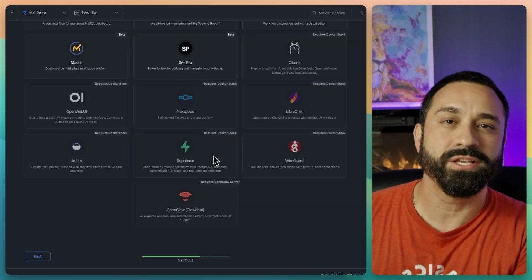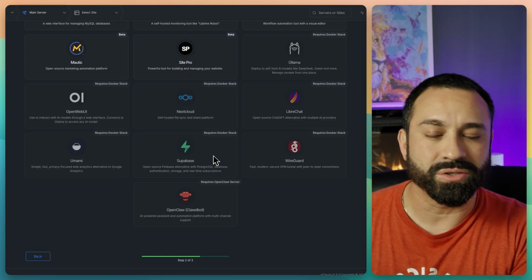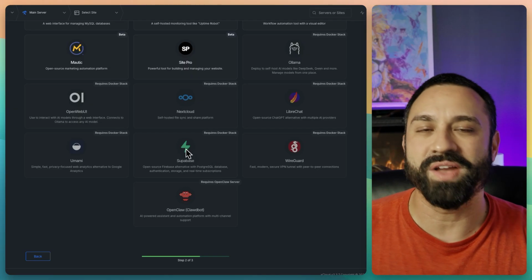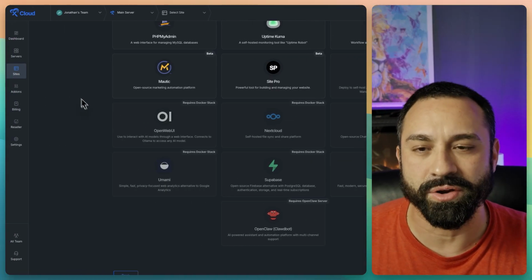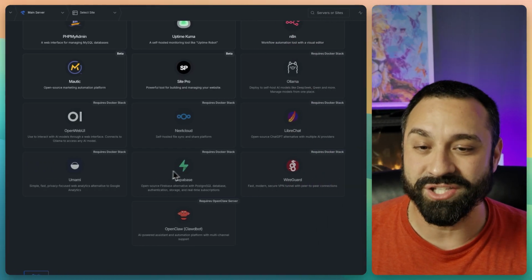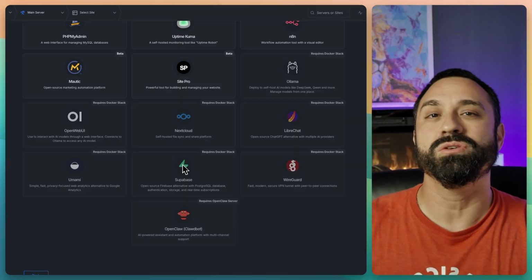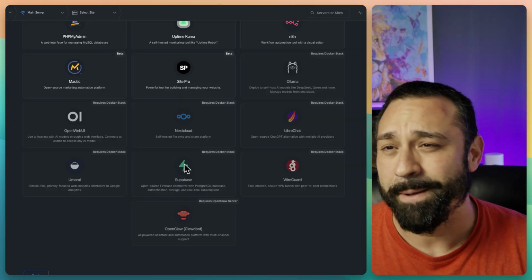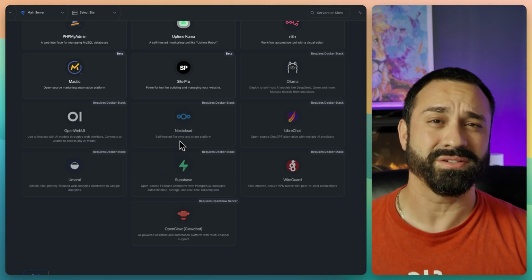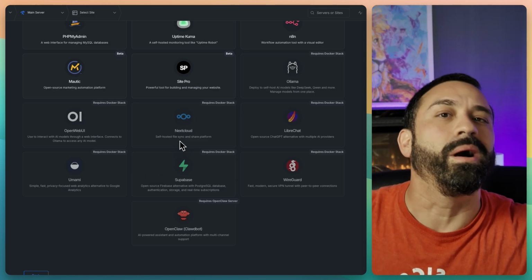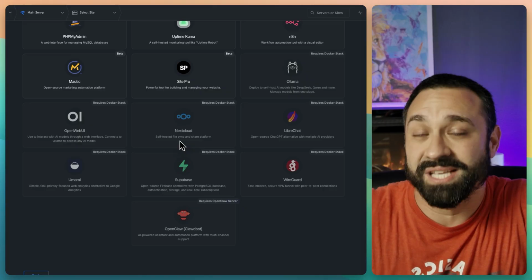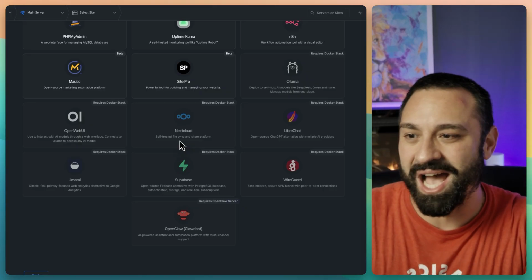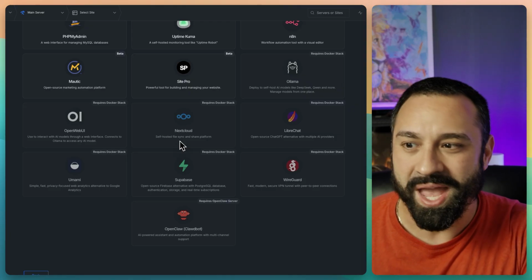So when you're creating your server, you just got to make sure that you tell it that you need that in order for it to use. This wasn't available when I first created my server, so unfortunately, I don't have it now. I would have to create a new server that would just be specifically for Supabase. But that's fine because a new server could cost me like $6 a month. And then for $6 a month, I have my own Supabase that I can tie into Cursor and start vibe